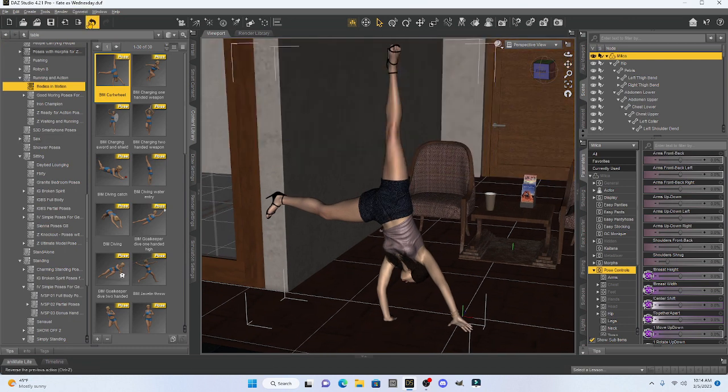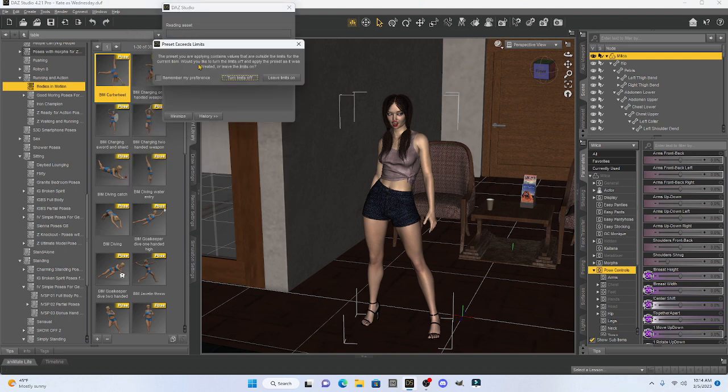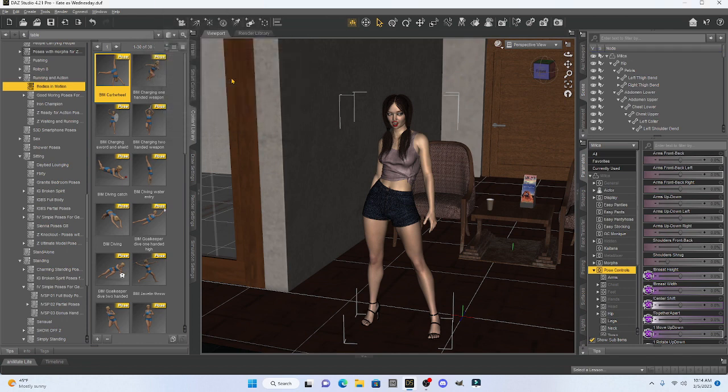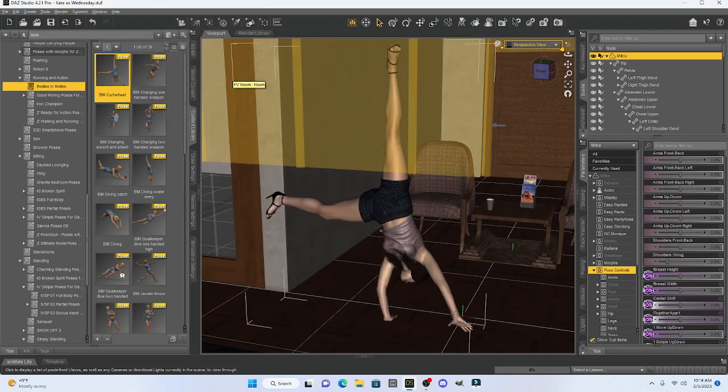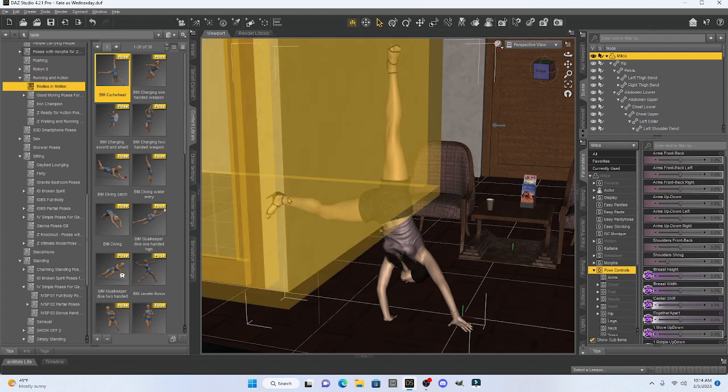So if I go back and select this again, and then if I select turn limits off, then what it does is it gets rid of any limits that her body has. Now, I always just turn the limits off when I select a pose like this, but you can do this